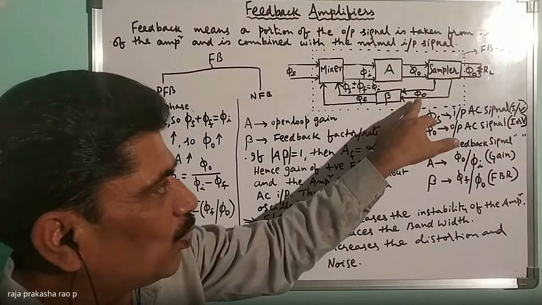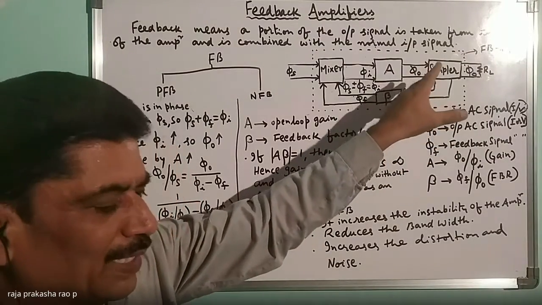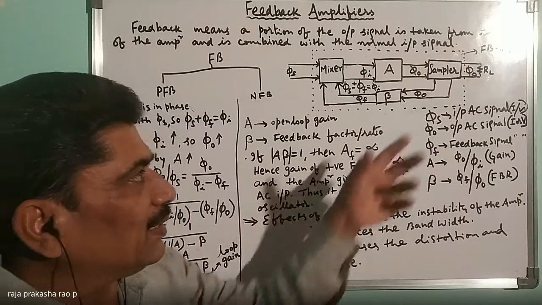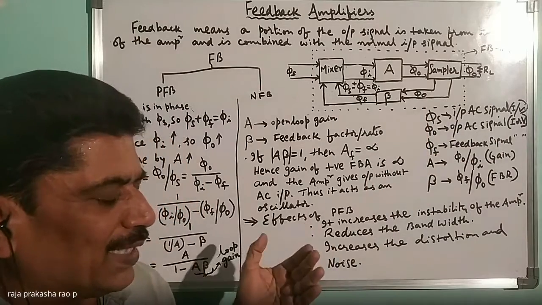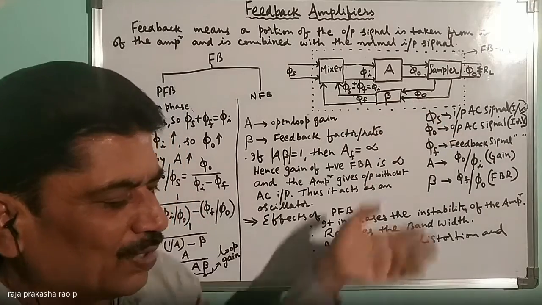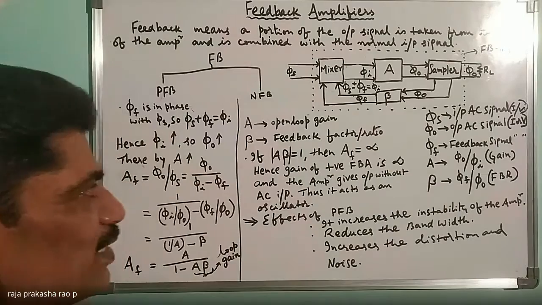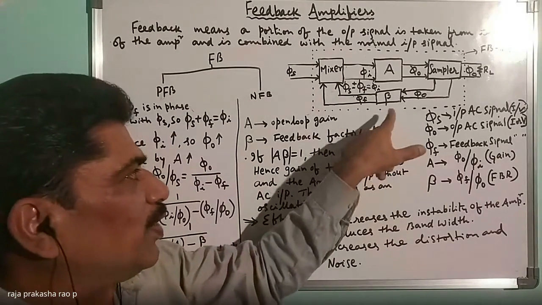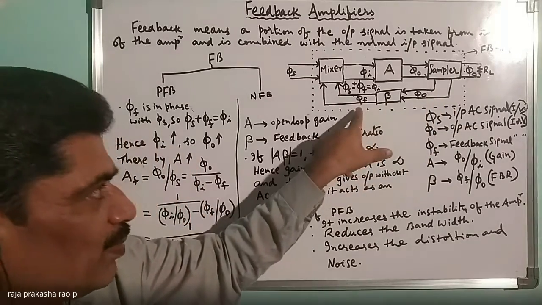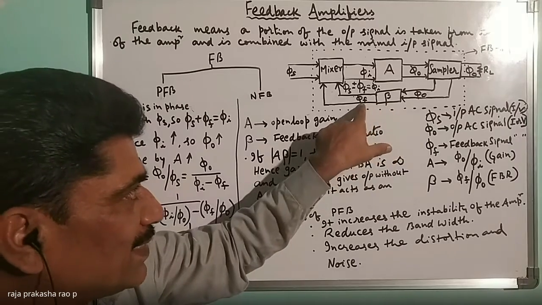Here the input can be voltage or current. Why? Because the output of this basic amplifier can be voltage and also current, but depending on the need, the sampler will redirect the output, which can be voltage or current. That's why I use this phi. This phi can be either voltage or current. So that is fed to this network. We call it the feedback network, whose feedback ratio is beta. It is less than 1. If it is 1, the complete signal will be available at the output of this feedback network. So that is nothing but phi F.